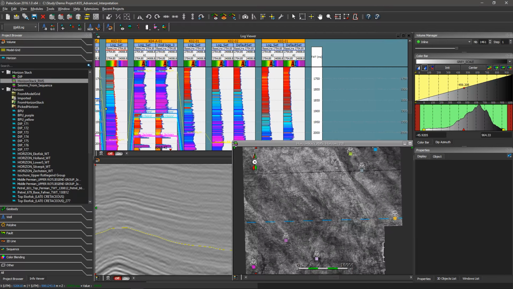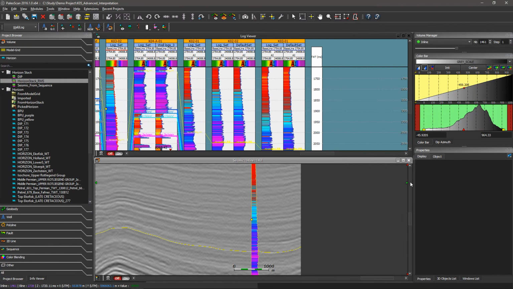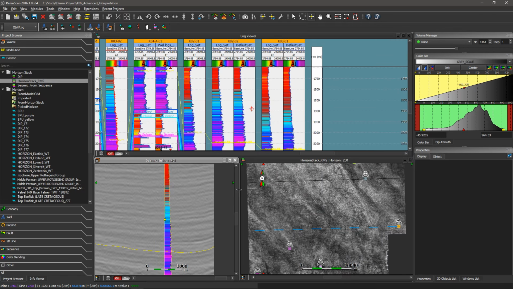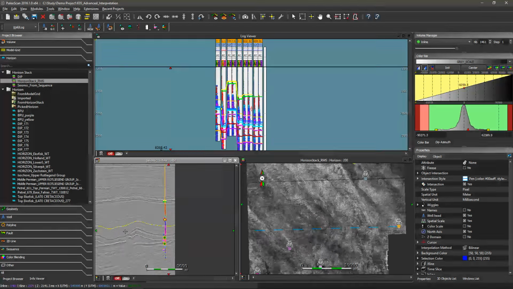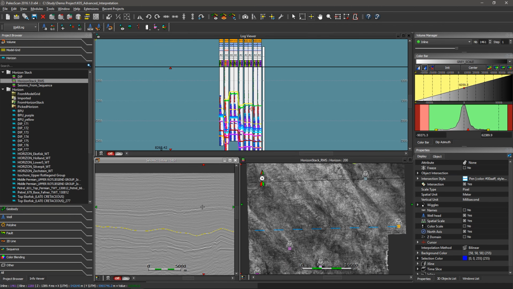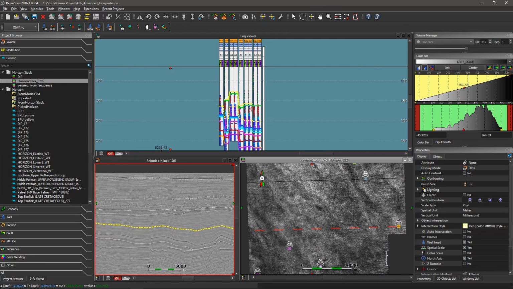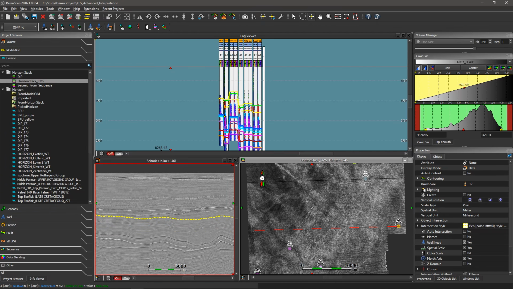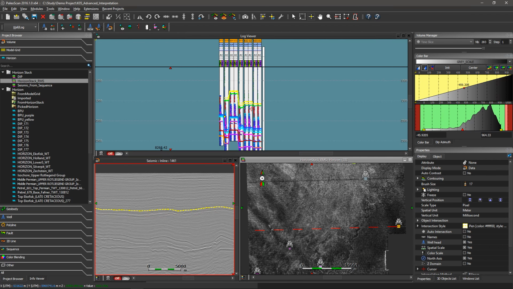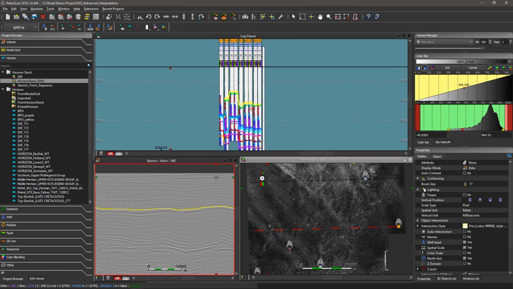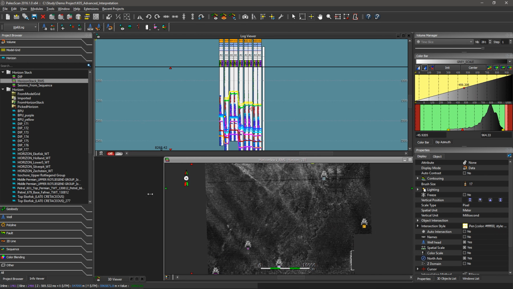You can now go further in the correlation by displaying a horizon stack viewer. Once it is displayed, you can customize the intersection style of your horizon stack, for instance, by changing the intersection line from a straight line to a dashed line. It remains possible to discriminate the intersection of markers from the intersection of the horizon stack. Each time you change the displayed horizon, you can easily visualize the position of your horizon stack within your log viewer.